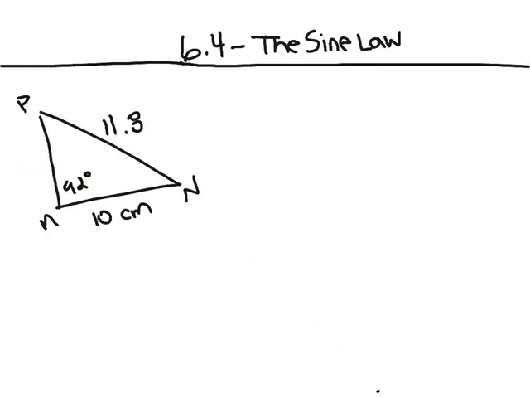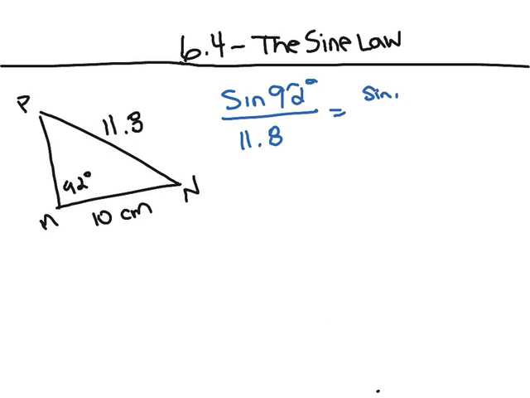The sine law can also be used to find the measure of an angle. It's the same thing. First, you're going to set up your ratios, but this time you want to have your angles on the top. So we have m and p instead of a, b, c. Let's start with m. So sine of 92 degrees over 11.8 is equal to